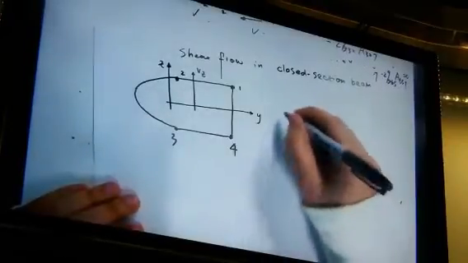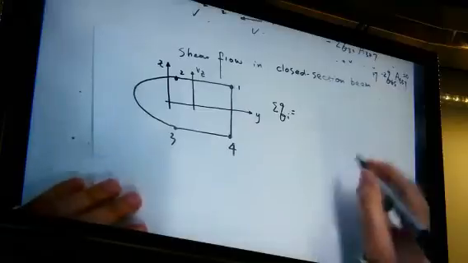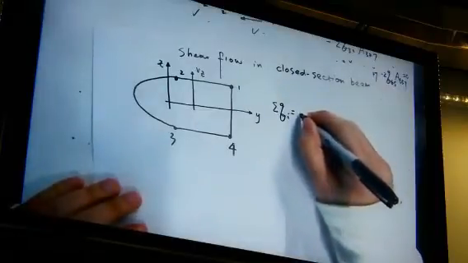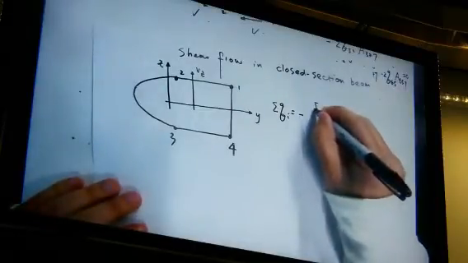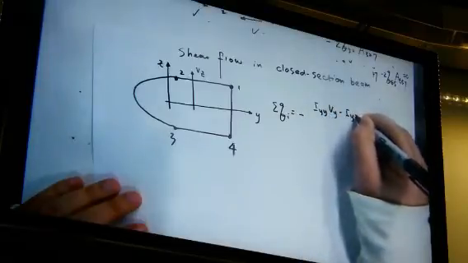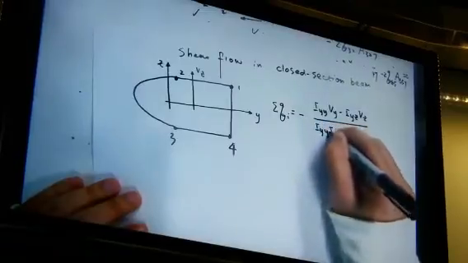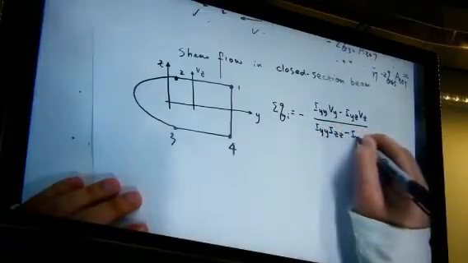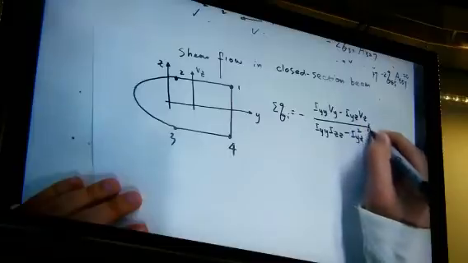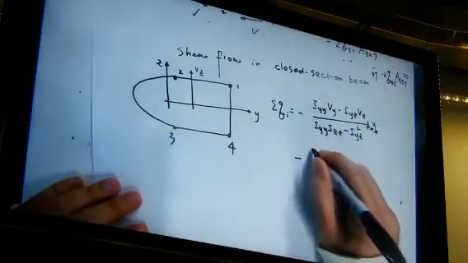For shear flow, as I said, the equation will be the same. The first equation is this one: Iyy Vy minus Iyz Vz, Er Yr minus